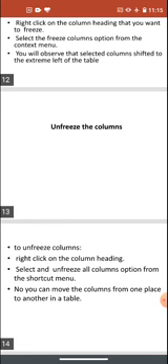And how to unfreeze that? You have to select the unfreeze column in which you have to unfreeze. You have to right click and select the unfreeze all columns option. That will make you unfreeze. So this is the theory part, and the rest we will go through in the next video.